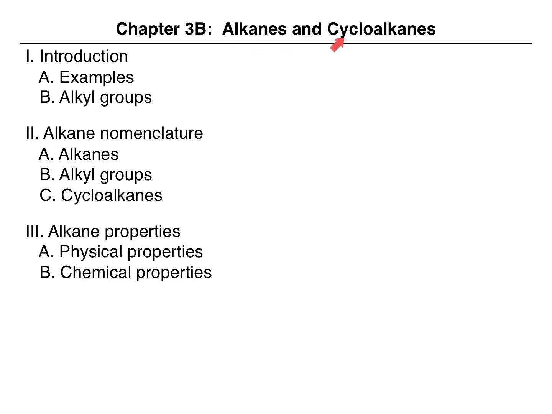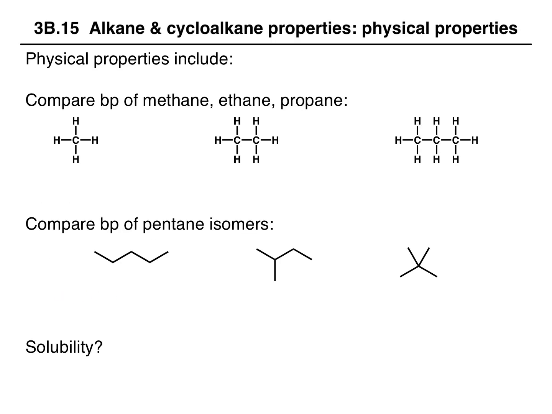In this video, we will wrap up our look at alkanes and cycloalkanes, focusing briefly on physical and chemical properties. When we talk about physical properties, we're thinking about things like melting point, boiling point, and solubility. Well, if we compare the boiling point of methane, ethane, and propane, methane boils at about negative 160 degrees Celsius,